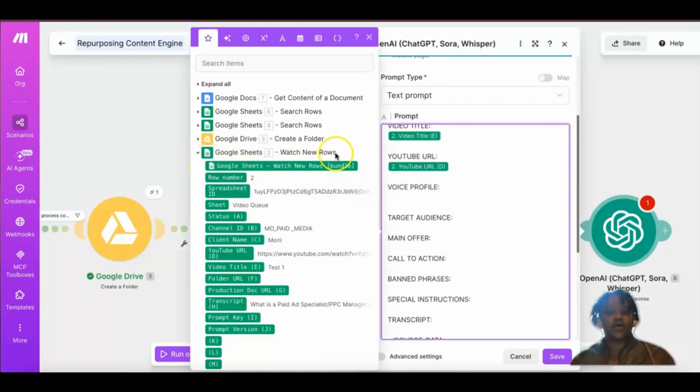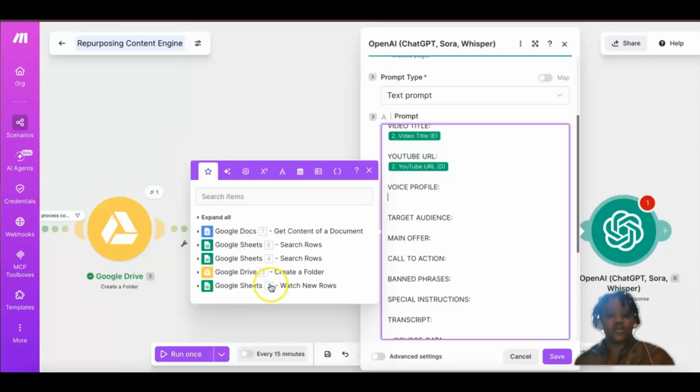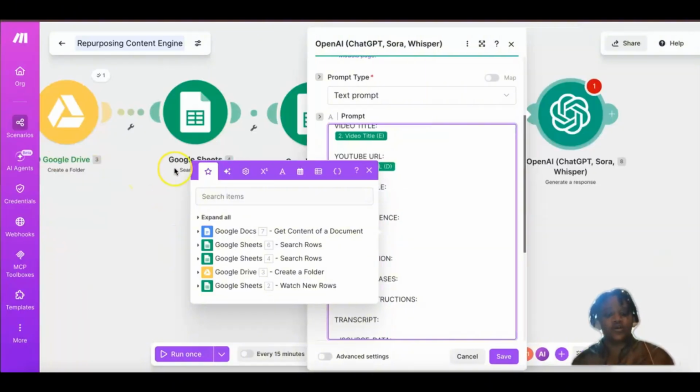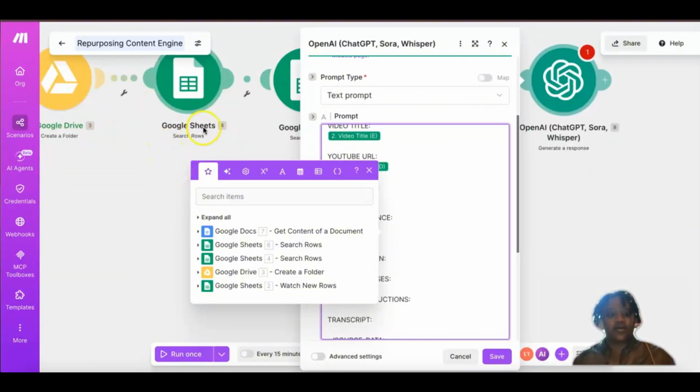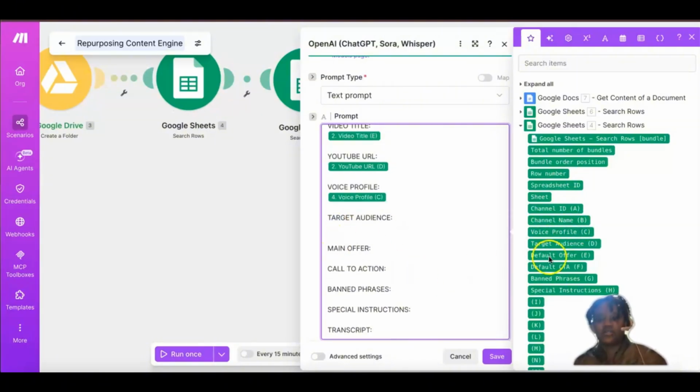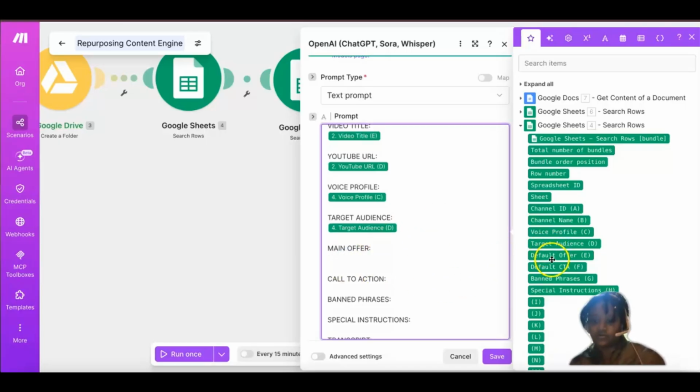So I'm going to close out of the watch new row, and now I'm going to get the right one that I need. If you are having trouble figuring out which one, if you move up a little bit, it will show you, hey, this is Google Sheet 4 search rows, so you match it up. Now we just click that down arrow, and now we're looking for the voice profile. The voice profile will be C, so we add it. And then our target audience is D, so we'll add that. And then our main offer is, let's see, we'll find the main offer,